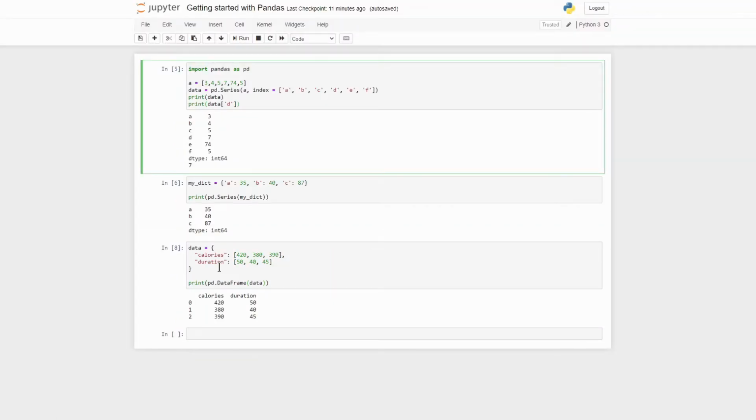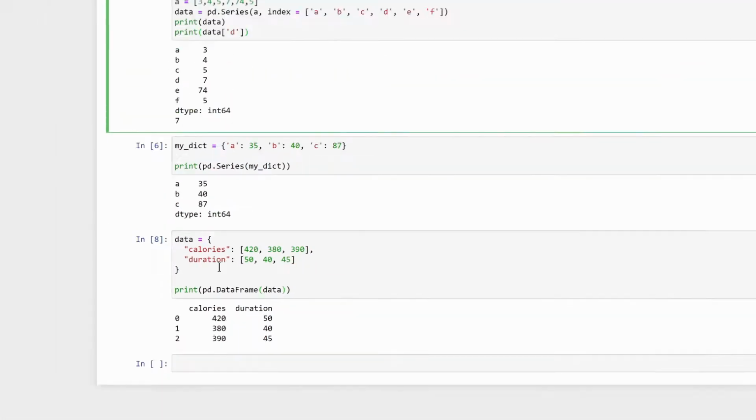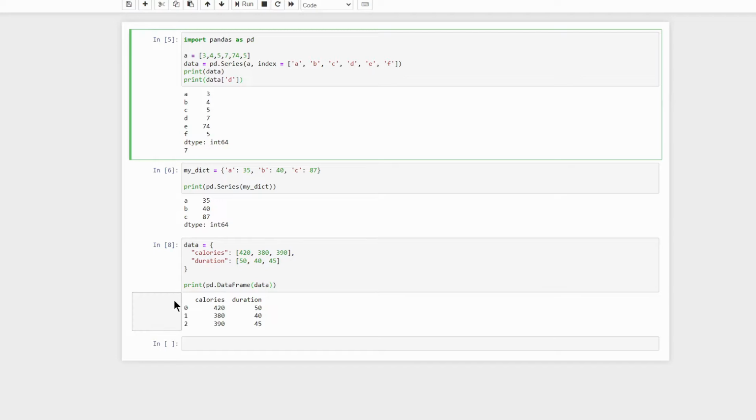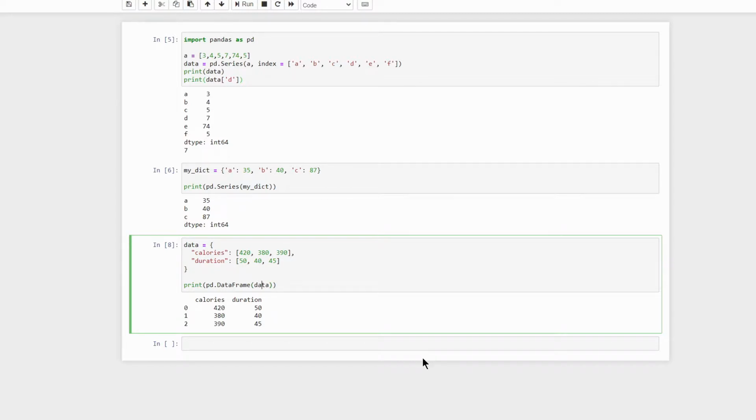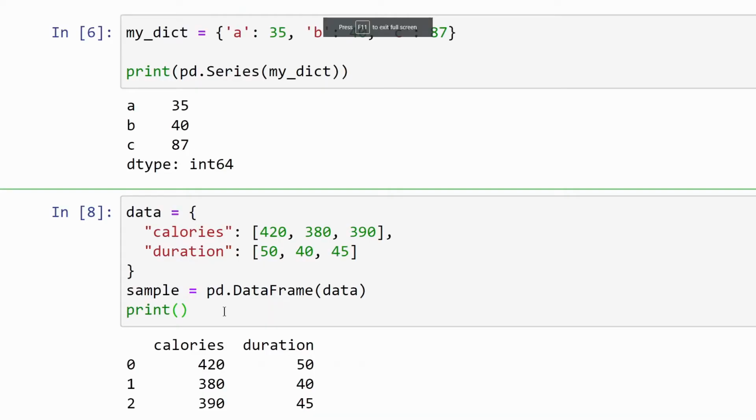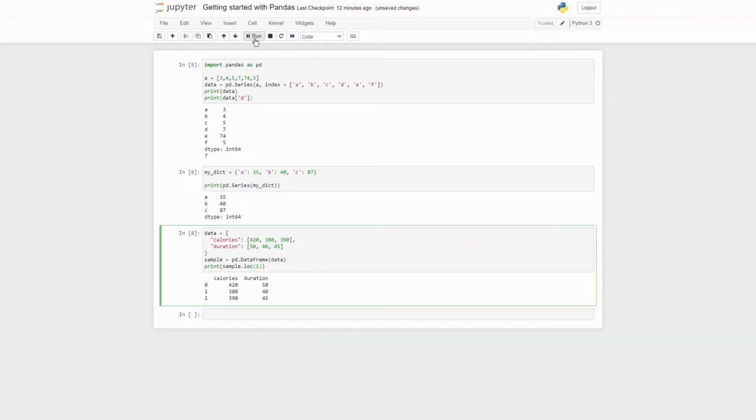Moving forward, let's also get a particular record from a data frame. That is, if I want the 0th record of this table, then it's quite easy. What I can do is I'll just write pd.DataFrame, and firstly I'll store this into a variable, that is sample, and then I'll pass sample.loc. This function gives us the record for the particular index that we type in. So if I say 1 and hit enter,